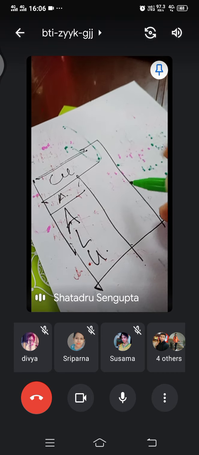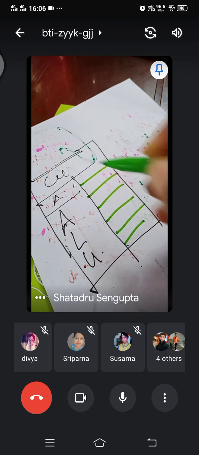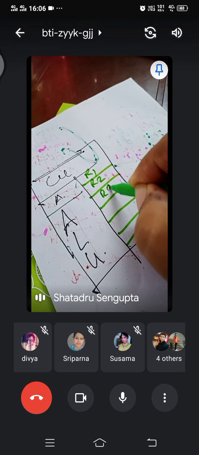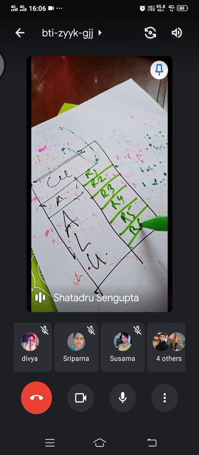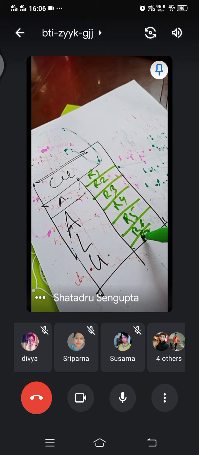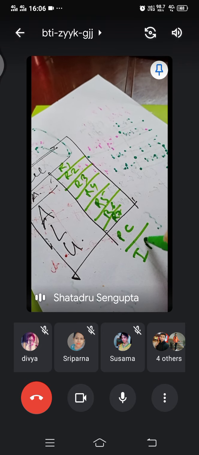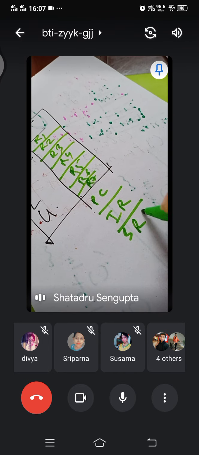All the data registers are there. So this is register 1, register 2, register 3, register 4, register 5, register 6, register 7. Plus then there is a program counter, the instruction register, and the status register,